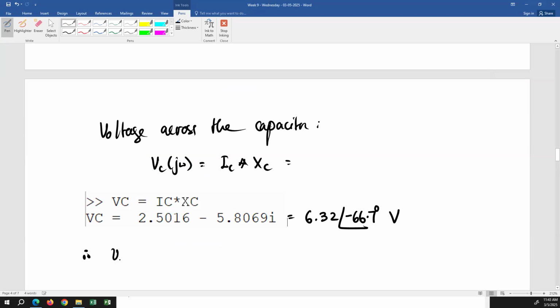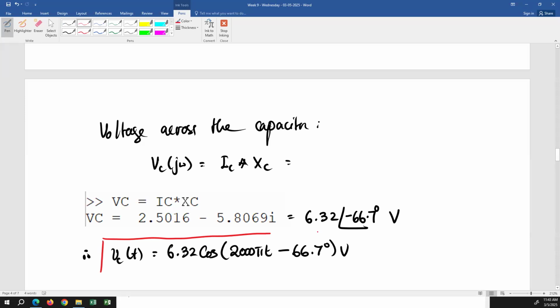Therefore, VCT is 6.32 cosine 2000 pi t minus 66.7 degrees. And these are your